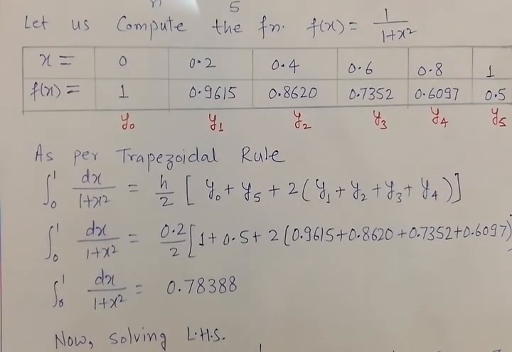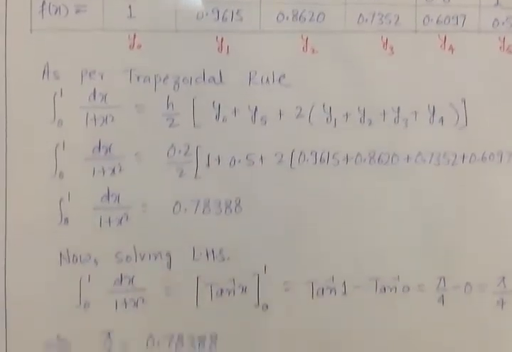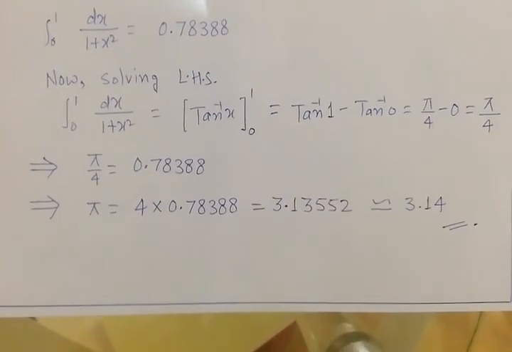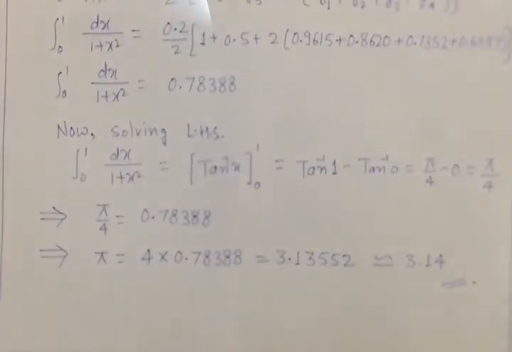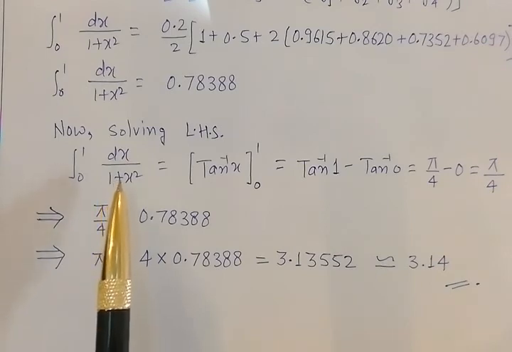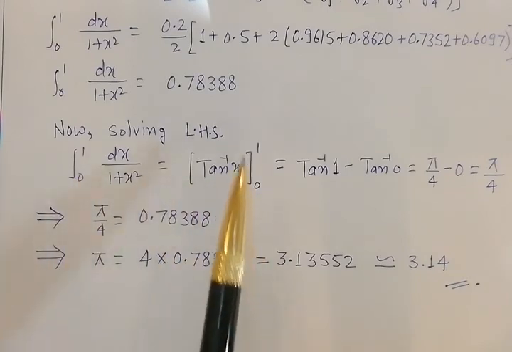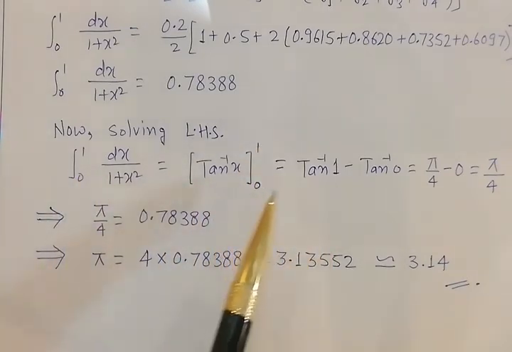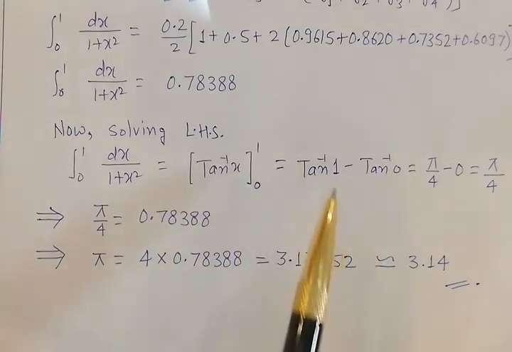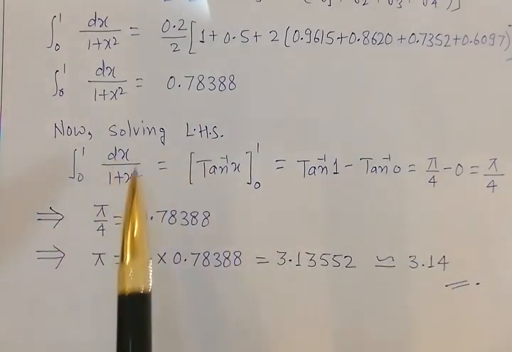Now the integration is solved, but there is one more part: calculate the value of pi. How to calculate the value of pi? Now you can see it here. Let us calculate this integral from 0 to 1 as a normal integration problem: dx upon 1 plus x square. This is tan inverse x. What is the limit? 0 to 1. Put the upper limit, tan inverse 1, minus the lower limit, tan inverse 0. Tan inverse 1 is pi by 4, tan inverse 0 is 0. So the final answer is pi by 4. So if you integrate, you get the value pi by 4.